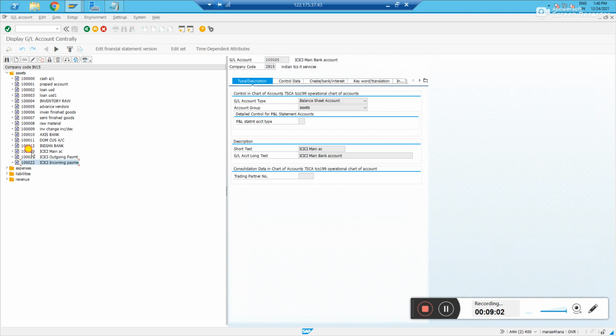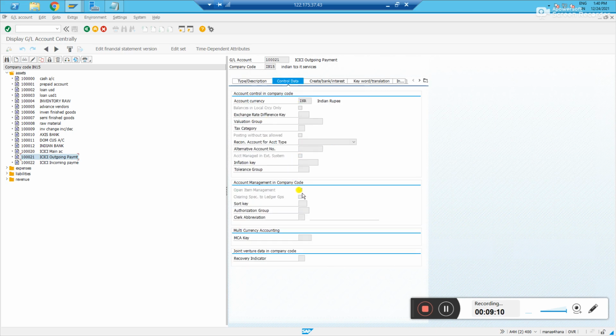While you are creating GL accounts, for these outgoing payment and incoming payment GLs, you need to select open item management. Why? Because all the incoming and outgoing postings, after doing a BRS, the bank reconciliation statement, will get knocked off and have a zero balance.